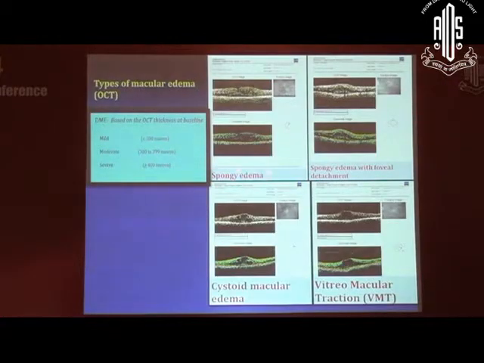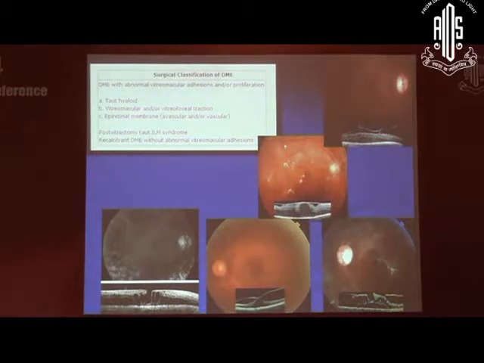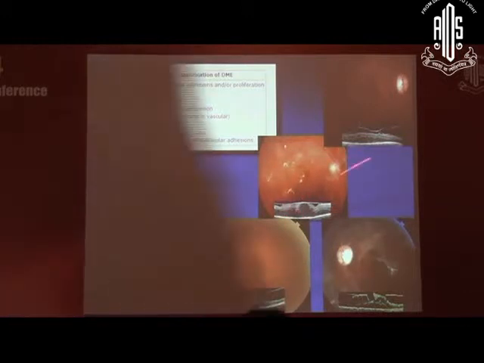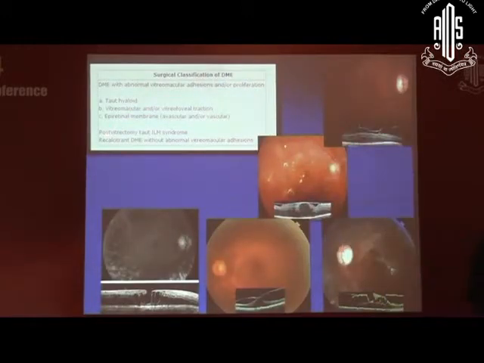Similarly, OCT will be covered later. There are various ways by which we can classify macular edema into tractional maculopathies, edematous and exudative maculopathies. The recent one is the surgical classification of diabetic macular edema. OCT has brought about a change in the way we manage diabetic macular edema, whether it has to be managed medically or surgically. For example, there could be a taut hyaloid, an epiretinal membrane, vitreomacular traction, or a taut ILM syndrome post-vitrectomy.